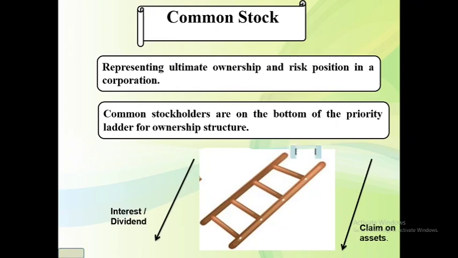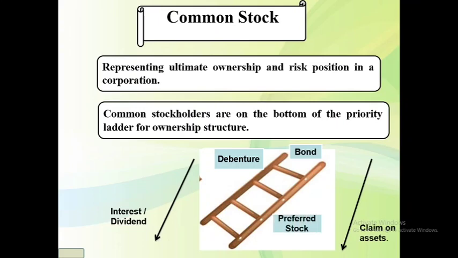We know that bondholders are on the top of this ladder because bondholders will get interest at first and they also have the priority to get the claim on assets of a company. Debenture holders are in the second position. That means they will get interest after satisfying the bondholders and they also have the claim on assets after that